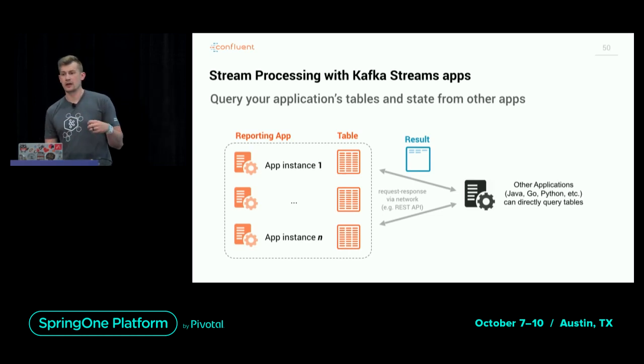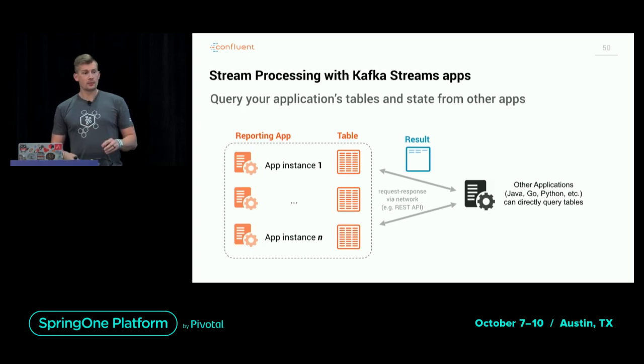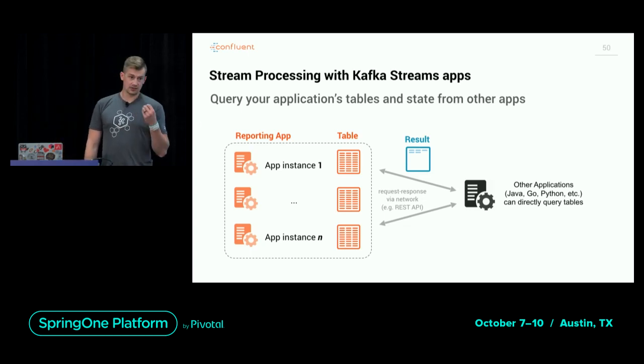Kafka Streams also provides the ability to have state stores, and you can expose your application state. Remember this count, or remember this something. You can actually wrap this in any API and expose it to any system that doesn't understand the Kafka protocol. You can expose it through REST, gRPC, or whatnot. So your application ultimately becomes a database as well.